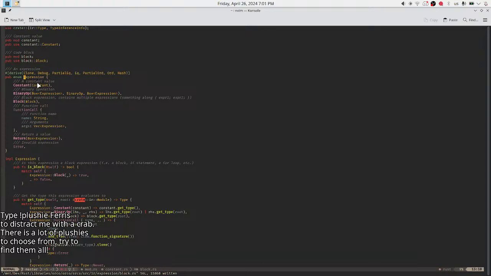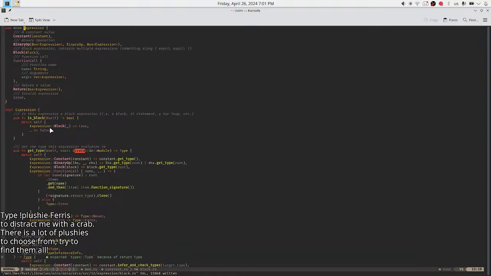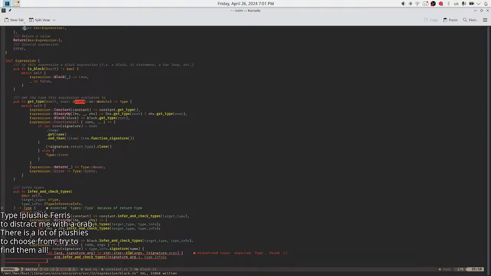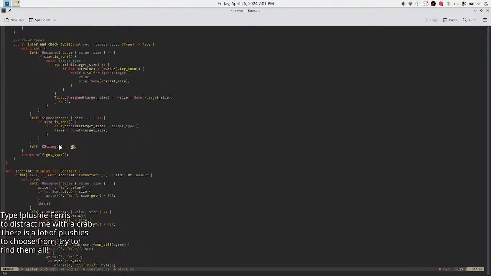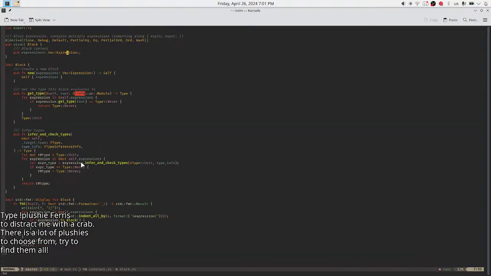So do I have to put it in every single thing? We can have spanned expressions. That's an option. And this is gonna be a pain, but it's gonna be less of a pain than whatever else I can do here.